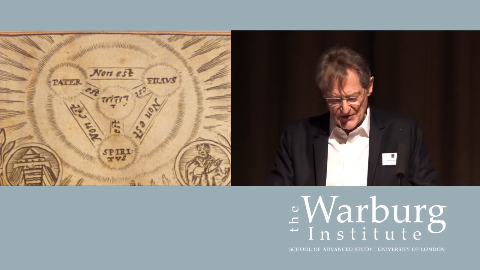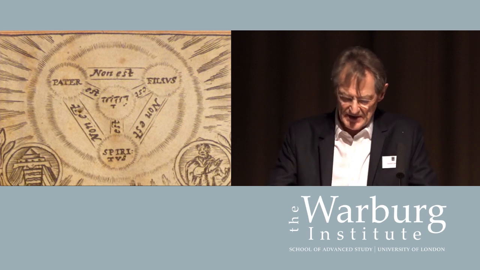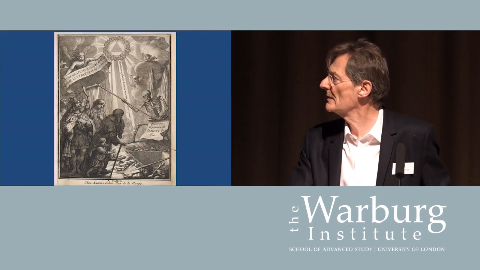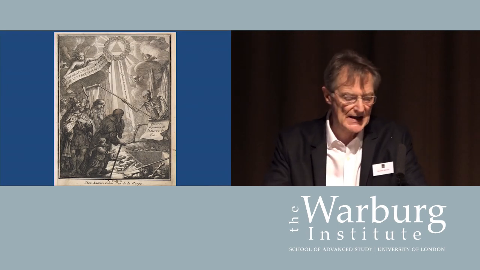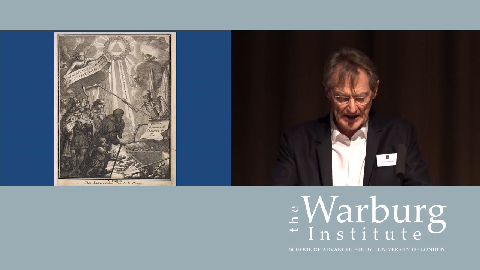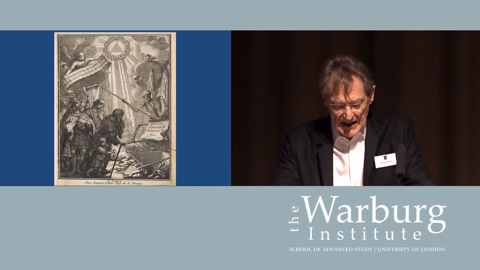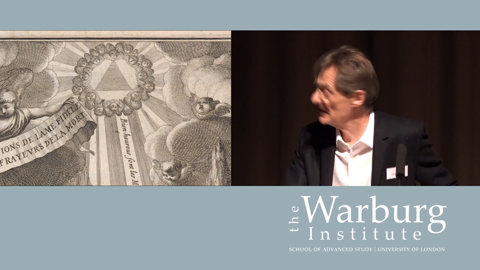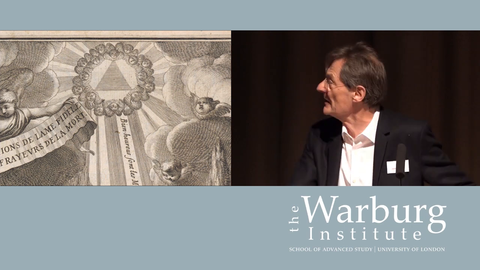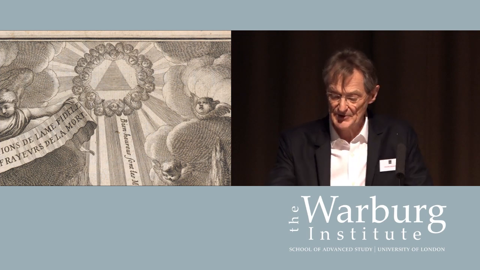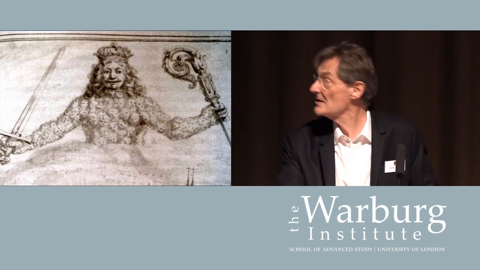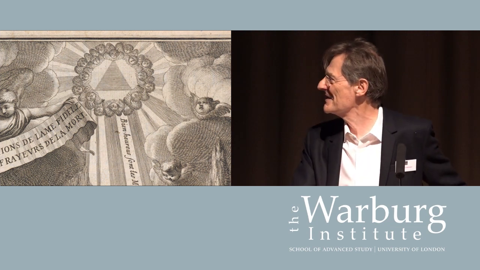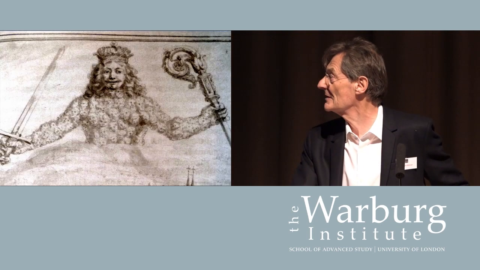But for my purposes, the most important image is this one, which, like Hobbes's Leviathan, was published in 1651. Now, this is Abraham Bosse's frontispiece for Charles Drelincourt's Consolation de l'âme. Once again, the image of the triangle at the top. But if we go into close-up, you will see that surrounding the triangle are cherubim figures. But remember this. So if you needed more proof than Horst Bredekamp has provided, you don't, of course, but here is more proof that this is the work of Bosse.